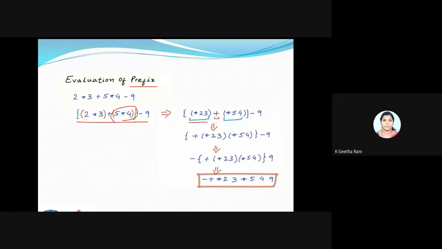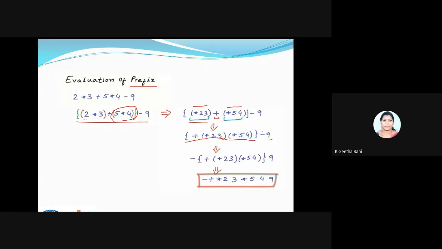Now I'll consider the plus. Because this plus is inside the curly bracket, I'll give priority to it. Fine. Then I have to bring my operator before. So operator, my first operand and second operand; this acts as the first operand, and this acts as the second operand. Now the whole thing will act as a first operand, and this will act as a second operand.